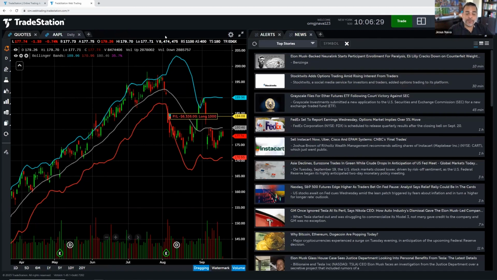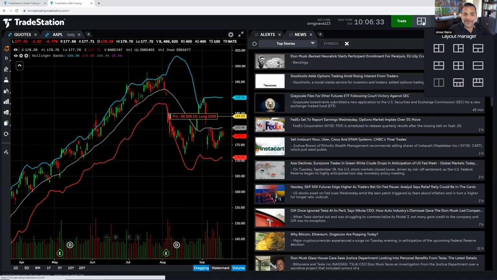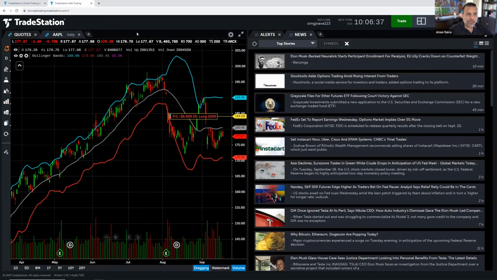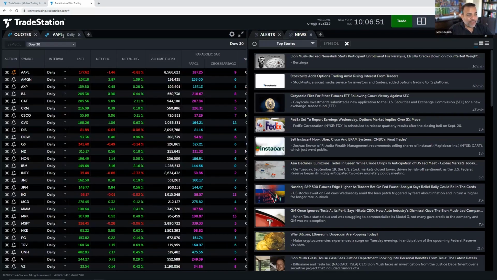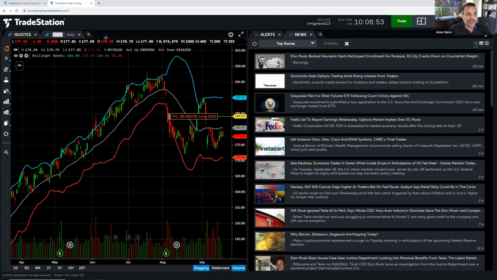Of course, if you need to open more tabs, then you'll have to split your screen into more panels by using the layout manager. I think web trading is very good at telling you if you've reached that maximum. If you already have 5 tabs at the top, you won't get this little plus sign. So it's like an indication that you're not able to open any more tabs. Right here, I have my quotes tab and my chart tab. If I wanted to add another one, I just click on the little plus,